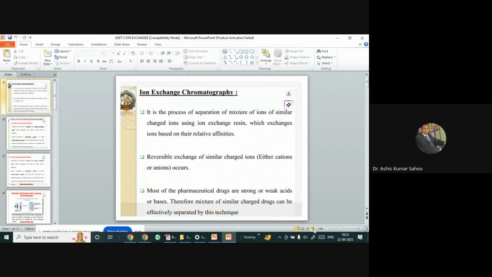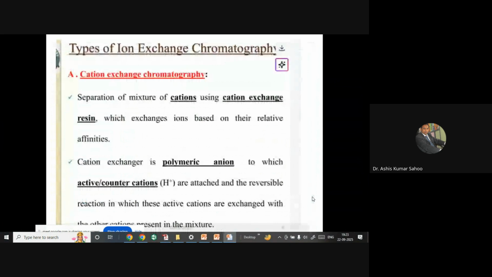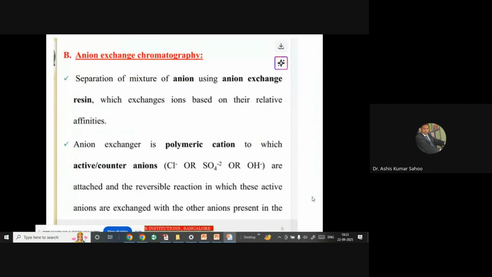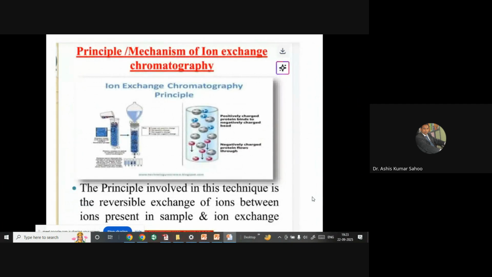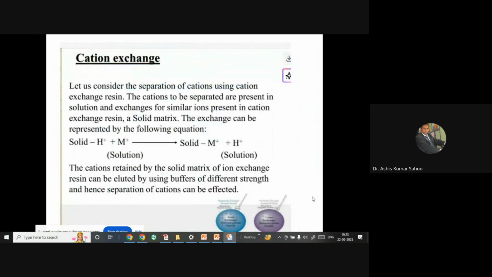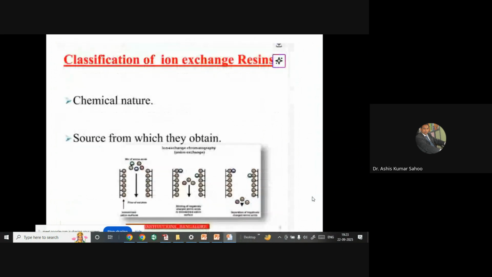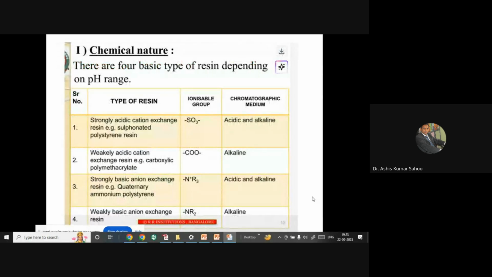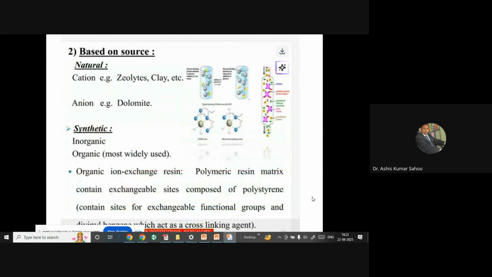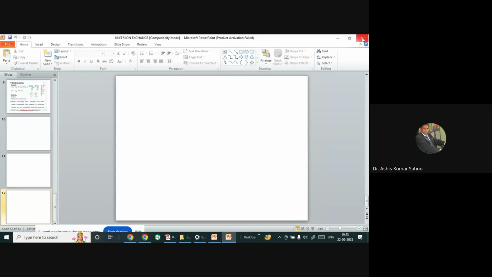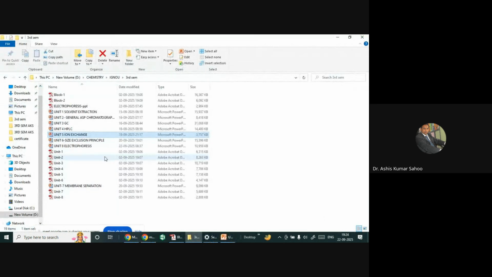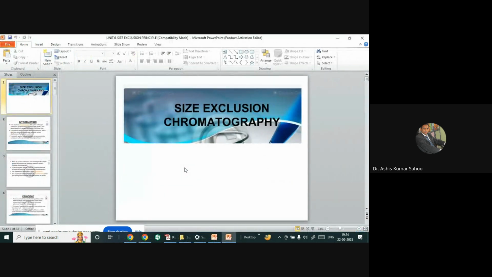So we'll see that this is about ion exchange chromatography. So these are the different